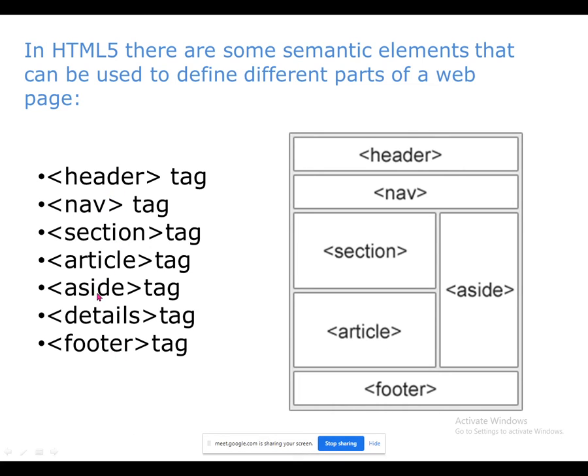Now suppose I want to use CSS with these semantic tags. I will add some CSS properties to the header, so whatever information is under the header will get the effect of those properties. Similarly, if you add CSS properties under the footer tag, all those properties are applicable to the complete footer information. This way you can use CSS with semantic tags.